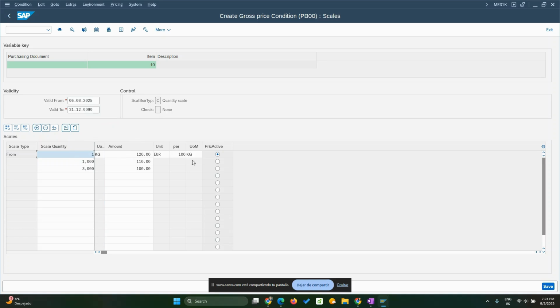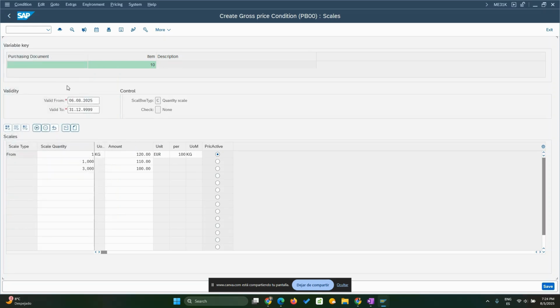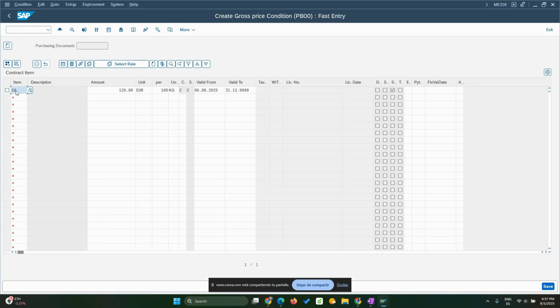And that's it. So just to mention that we are using the quantity scale, which is pretty much standard. Okay, but of course we can use others as well. Okay, volume, other points and values, etc. Okay. Okay, so let me go back. So this is basically the details for the conditions, as I said. We can go back again,